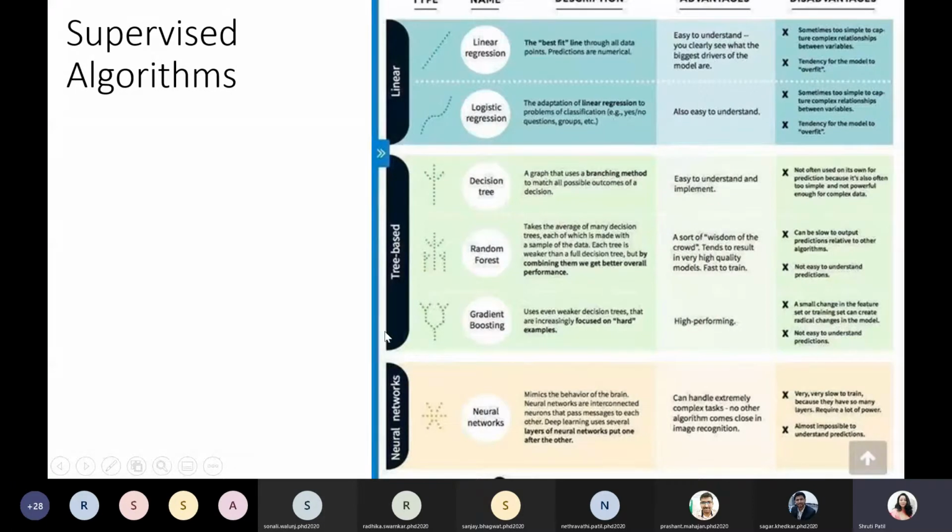There are tree based supervised algorithms as well, okay, that is decision tree, random forest and gradient boosting. Now what is the difference between these two types of algorithms? In linear regression or in logistic regression, we try to arrange them into categories based on the features that we have received, right? But in tree based algorithms, I'm sure all of you are aware of graphs or binary tree traversals.